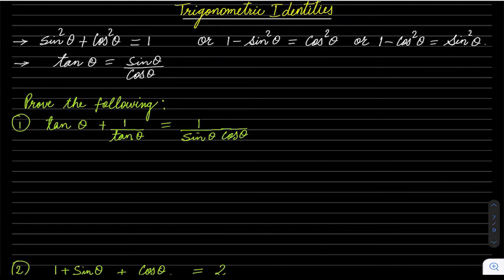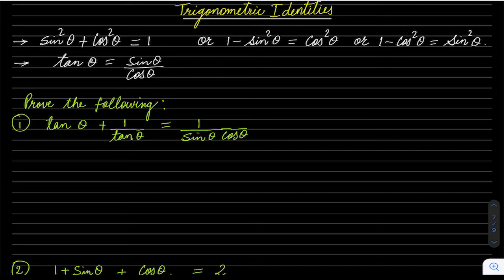Hello guys, today we are going to learn trigonometric identities. They will give you an identity in which you have to prove LHS equal to RHS or RHS equal to LHS. These kinds of questions are somewhat difficult if you don't remember the identities. It just requires a little bit of practice. After that it becomes a piece of cake. Okay, so let's get started.